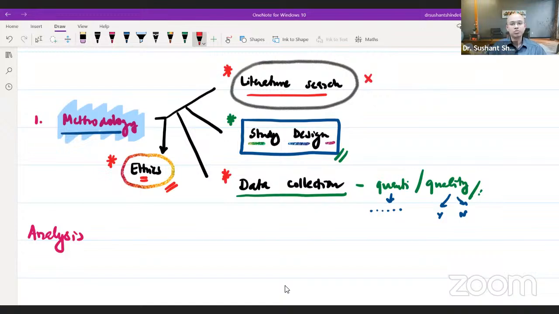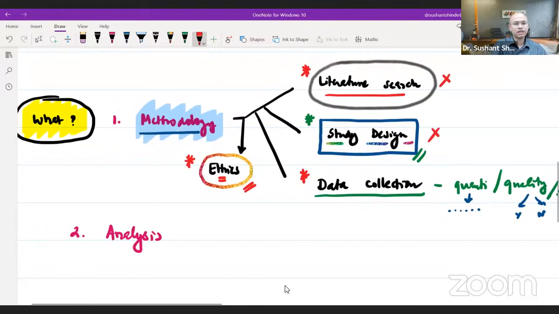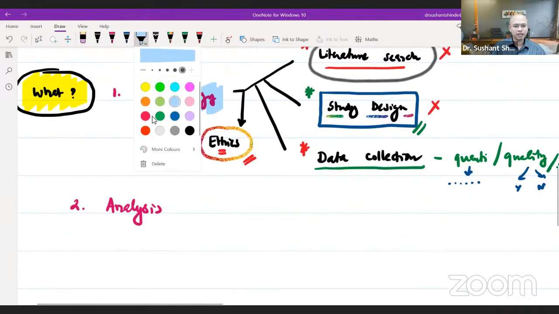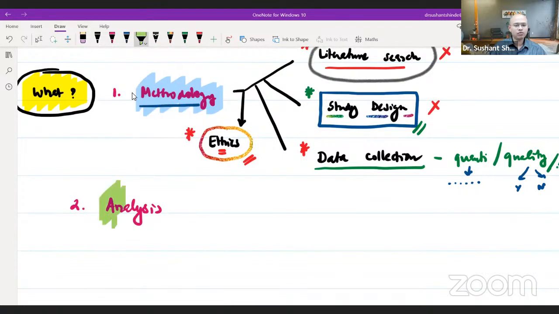But literature search, a big area of problem. Design, a big area of problem. Data collection, after some time becomes easy for a lot of people. But these two are areas which many people fault. The next part of understanding what you need to learn is analysis. So let's pay our due to this part of the story. How do you understand analysis? How do you understand analysis?